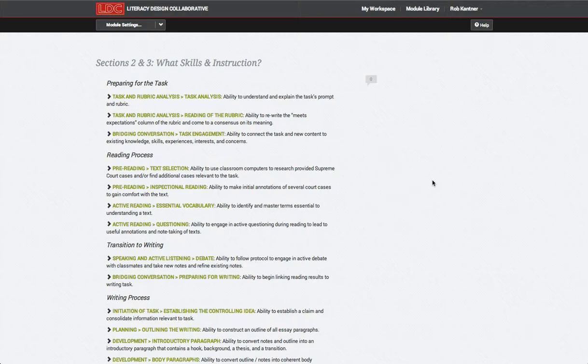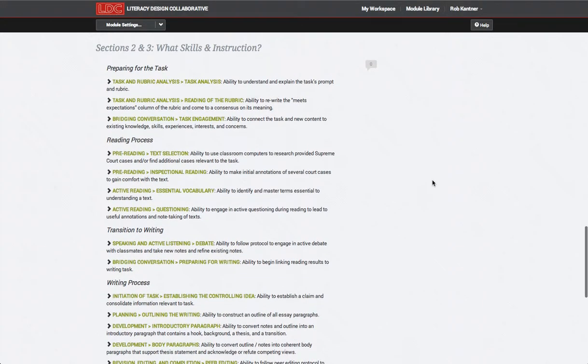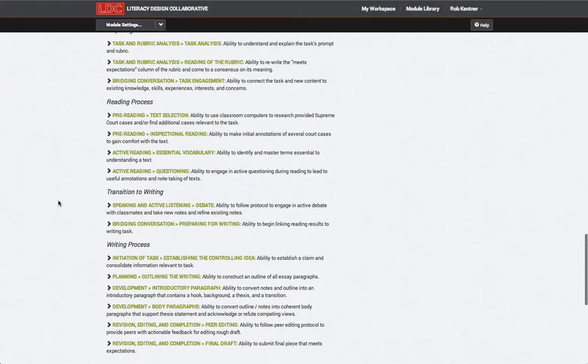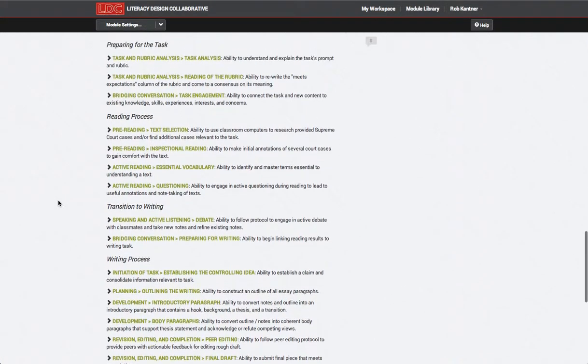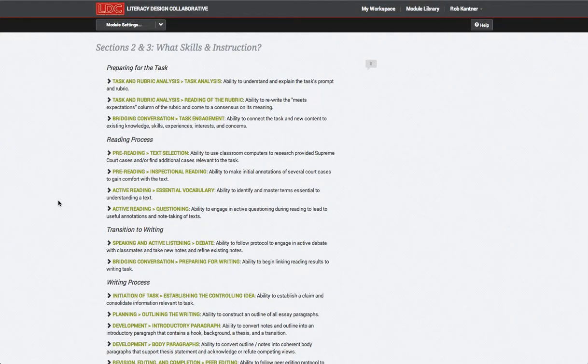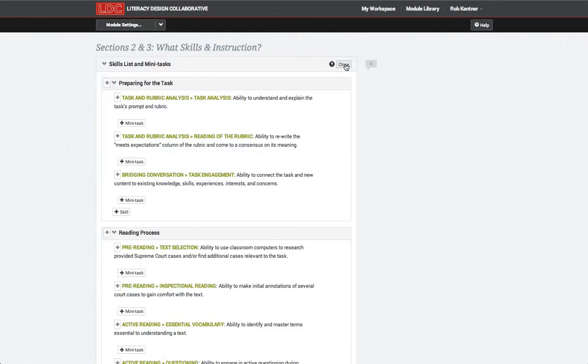So what you're seeing here is I've already built out in this module section 2, what skills. I've gone from skill cluster to skill cluster and built out and named and defined all the skills, and I've sequenced them to help my students address the teaching task of this module. So the next thing to do, of course, is to add instruction. And to do that, I'm going to quickly demonstrate for you how the Minitask library can play a role in that as an option. So first, just to make very clear the different ways in which skills are added, I'm